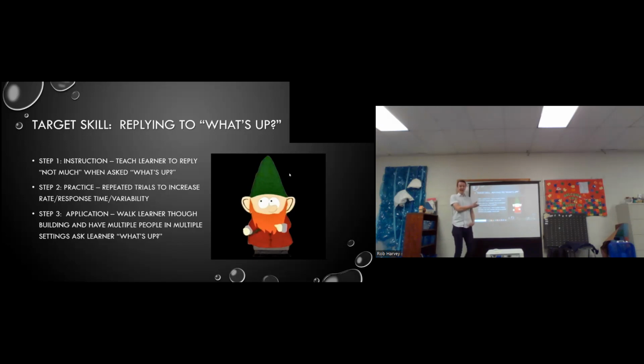And then I get to the real meat of this one, which is really what I would like to see to make this fluent. I get to a point where it's okay for me to take Lindsay on a 10-minute break, and I walk her around the entire park, playground, school, daycare. I take her in different rooms, but I've prepped everybody. I'm like, when I bring Lindsay in, I want you to look at her and say, what's up, Z? And then make sure she can respond to anyone, right?